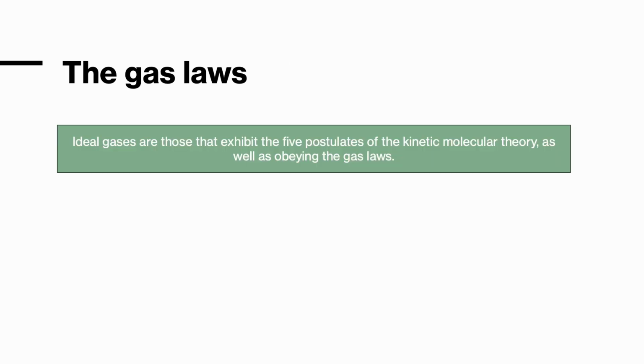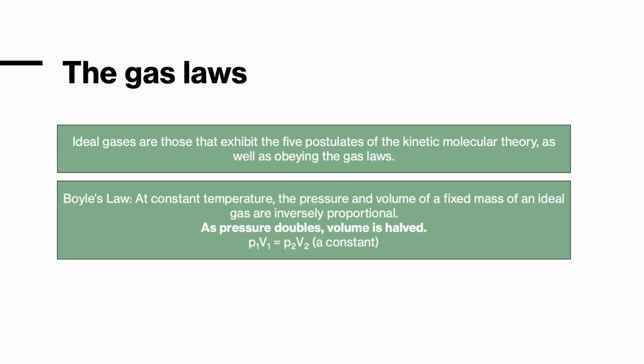Okay, so exploring the gas laws. So ideal gases are those that exhibit the 5 postulates of the kinetic molecular theory as well as obeying the gas laws. So the first law is Boyle's law, and this states that at constant temperature, the pressure and volume of a fixed mass of an ideal gas are inversely proportional. This means that as pressure doubles, volume halves. So pressure times volume gives a constant, so therefore that gives us the equation P1 times V1 equals P2 times